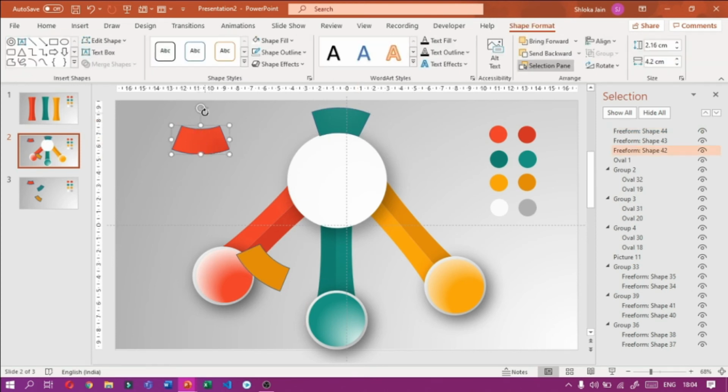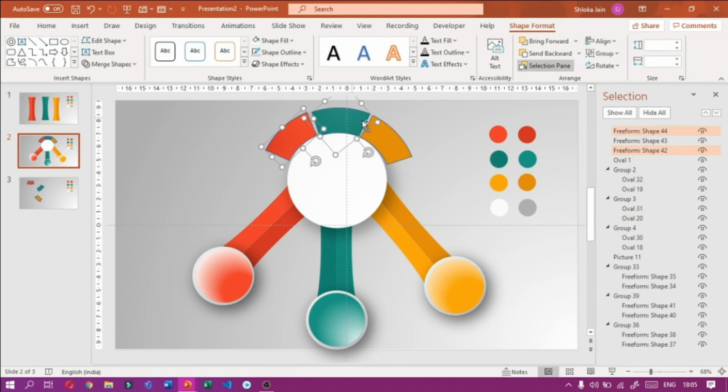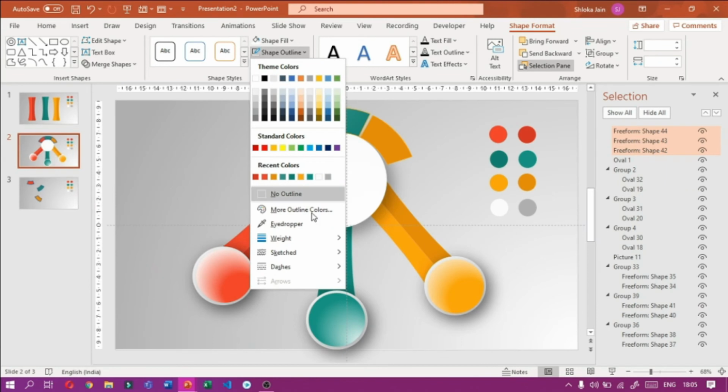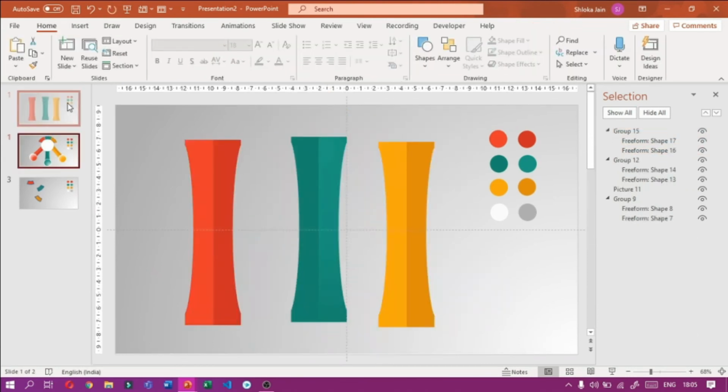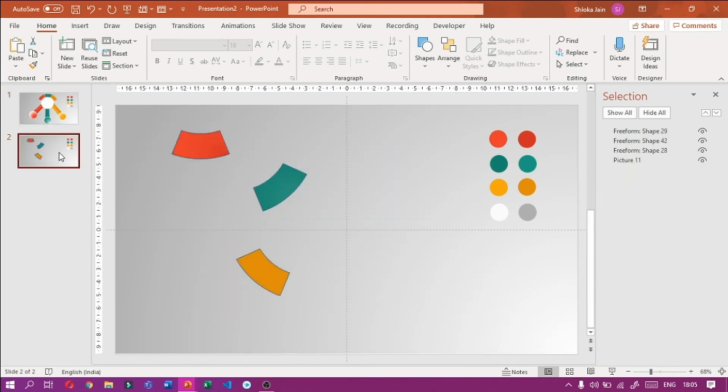Then I have to select the red one and do that with all three. Then we have to select all three shapes, and then we have to change the shape outline to no outline. Then delete this slide and this slide.